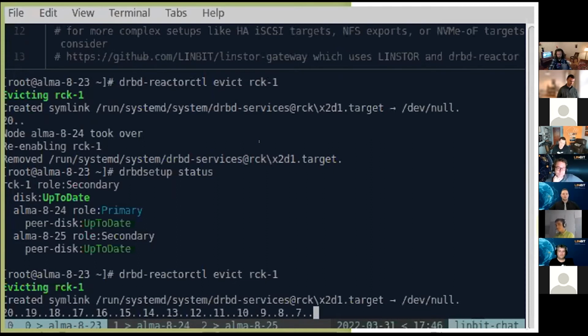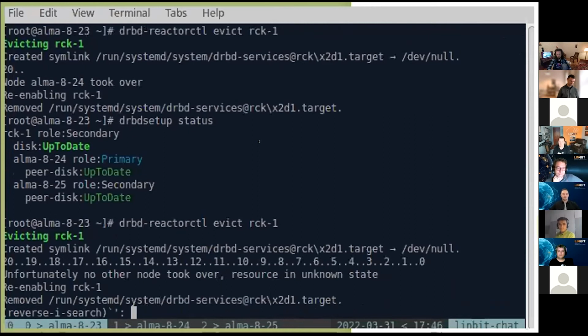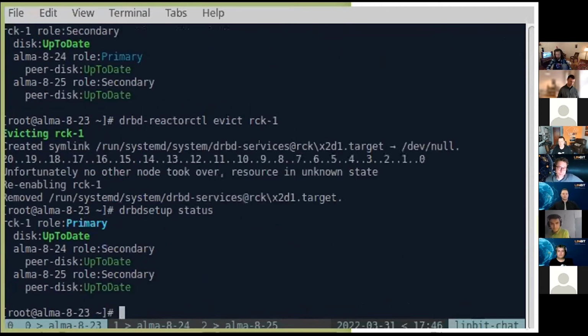Let's wait for that. So it said, yeah, nobody took over. I will restart it locally. As we see, it's again primary on that node. That operation is always temporal, so the systemd target